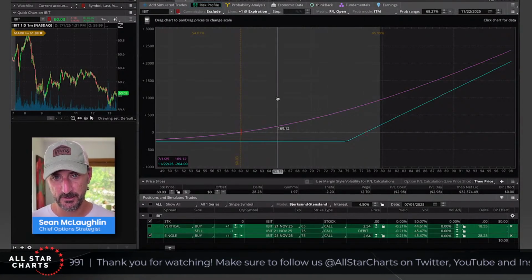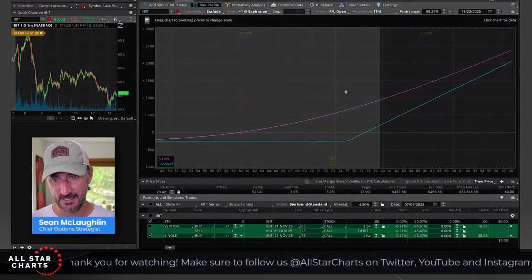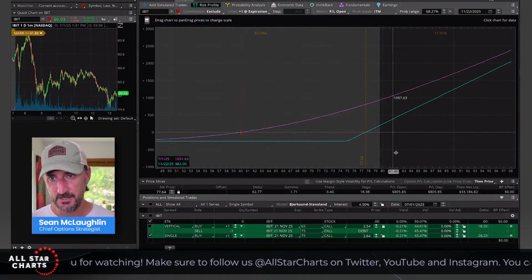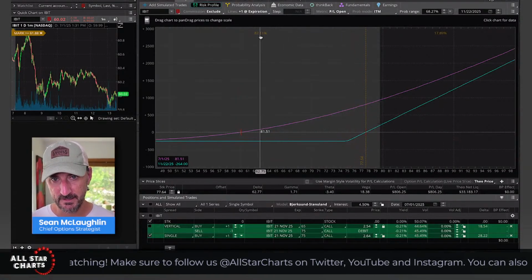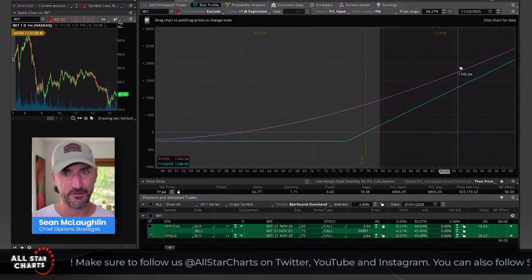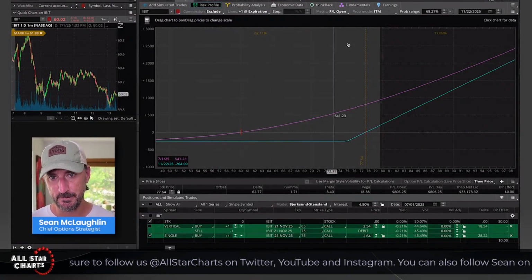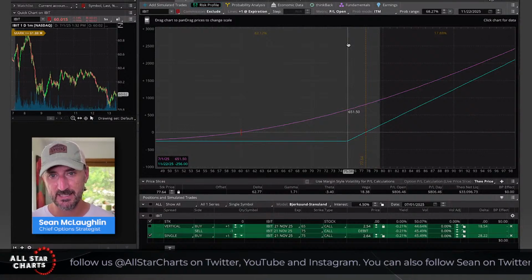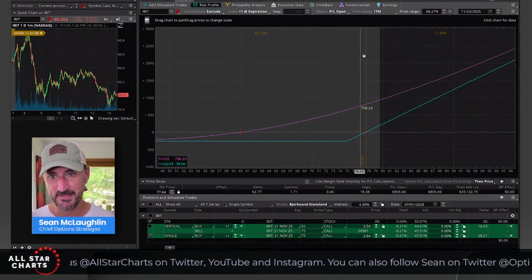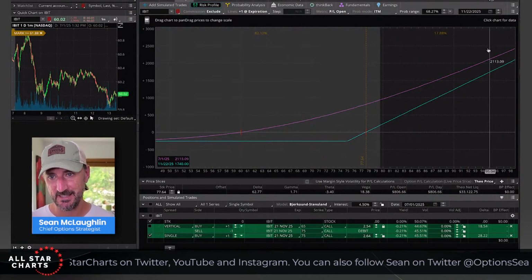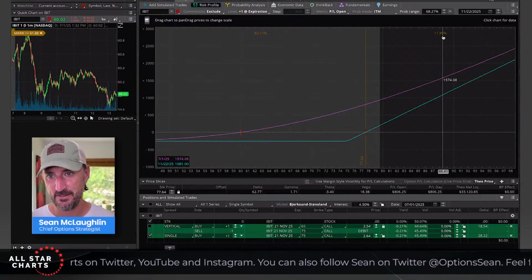And this is a cool little thing I could do with this platform. I can move this line over here. And you can see, if you look up at the top here, the kind of faint, I'm sorry if it's hard for you guys to see, but it basically tells you the percentage chance of the stock expiring on this side of the line versus this side of the line. And right now it's showing that we have a percentage.